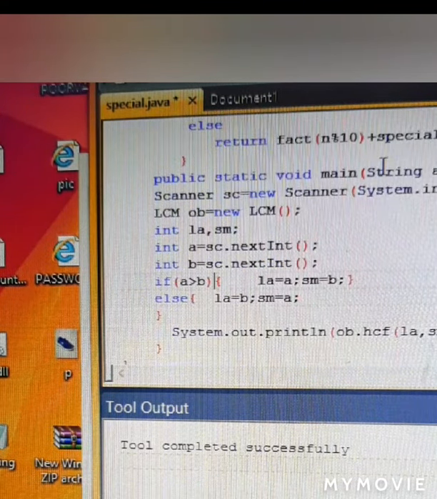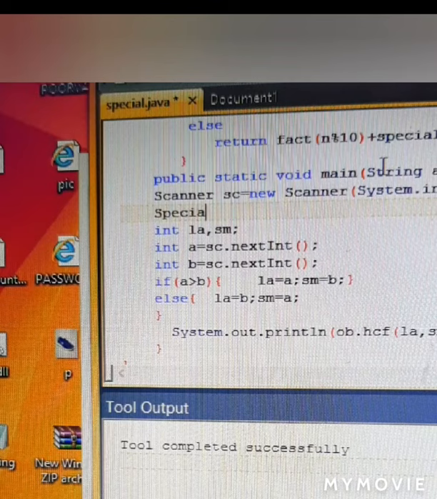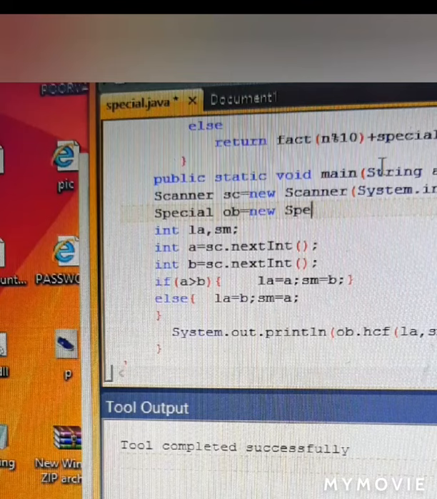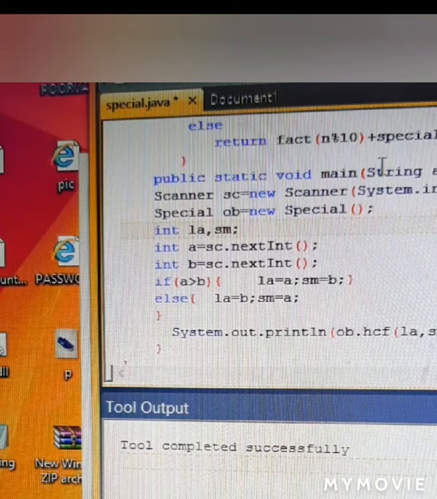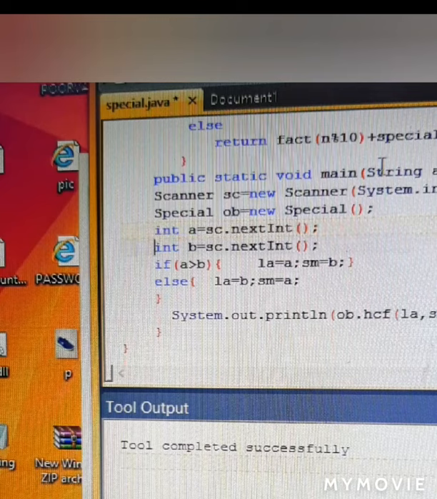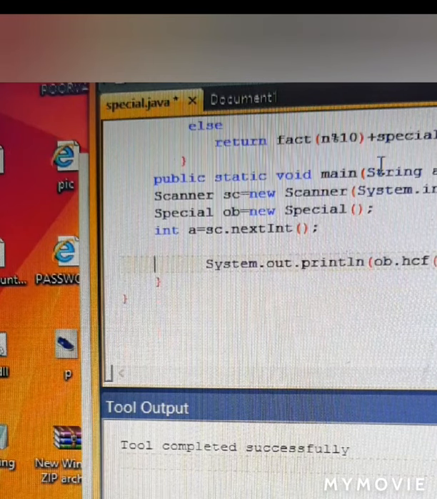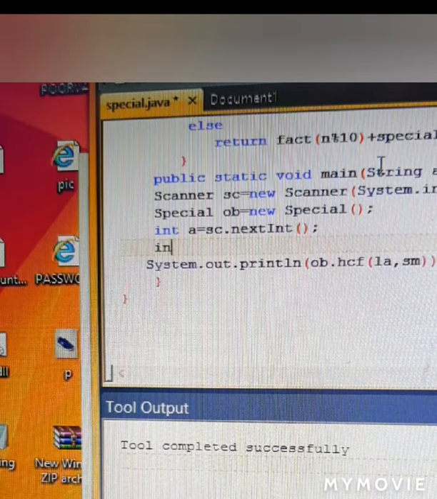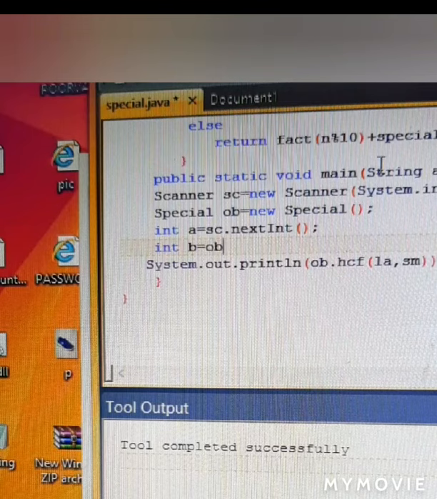And in main you need only, we'll keep our class name as special, so special ob is equal to new special. We need only one number to be taken. Suppose we are taking only int a as a number. B we need not take as an input. But we'll have to call the special function with the help of some variable, ob dot special.